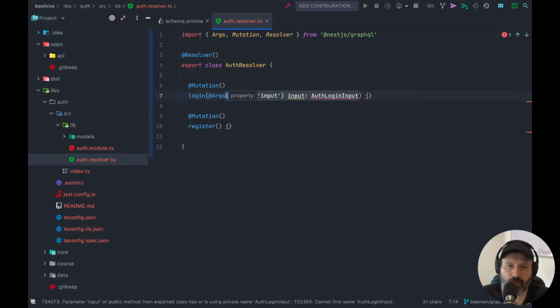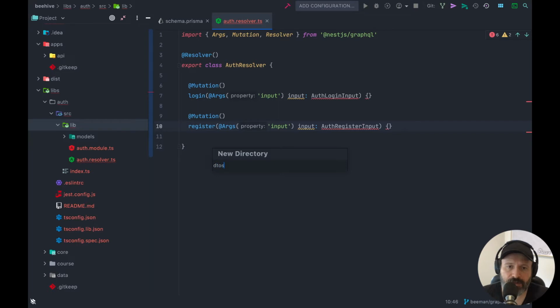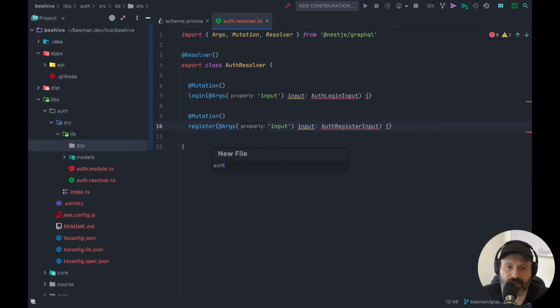And the same goes for the register mutation, we're going to say AuthRegisterInput. We're going to create a DTO here for both of these. We're going to create the